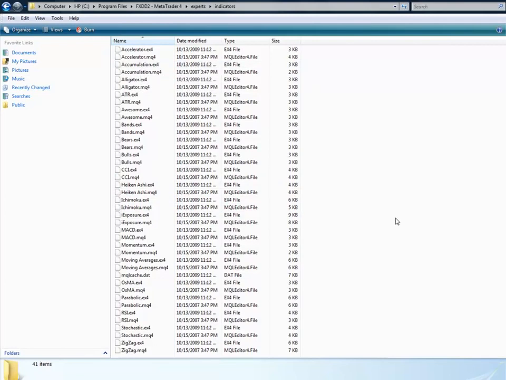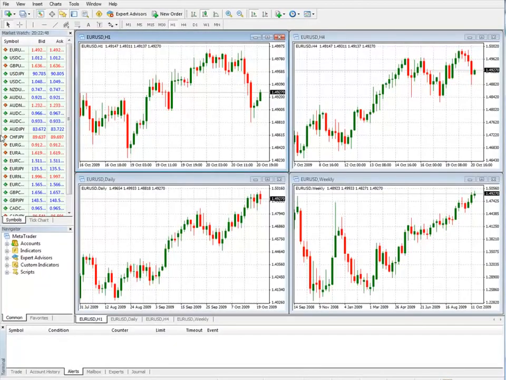You download an indicator, you buy a new indicator and download the EX4, and you want it to be in here, so it'll show up in the navigator window. So let's start MetaTrader and see where the new expert advisor is. Okay, here we are. So let's go down and click on expert advisors, and there we have it, MACD sample